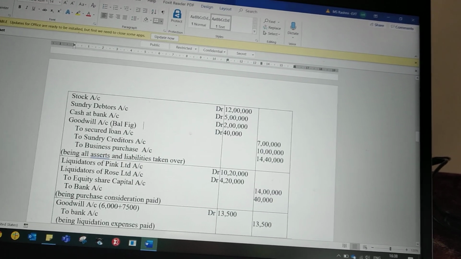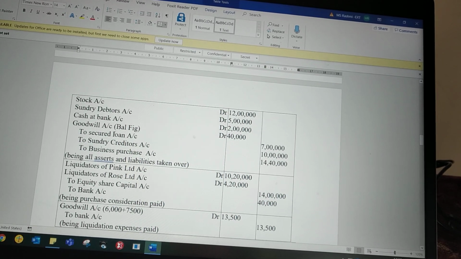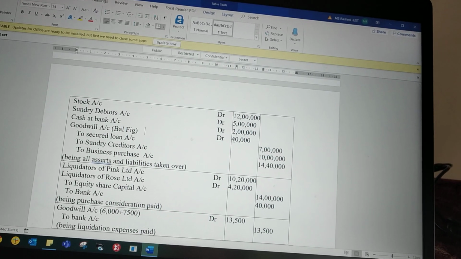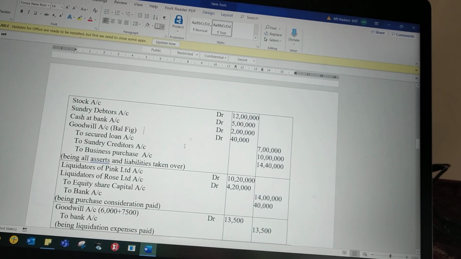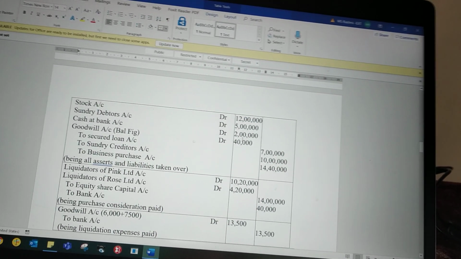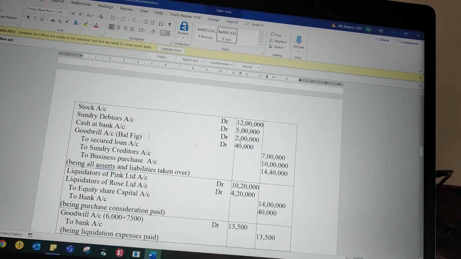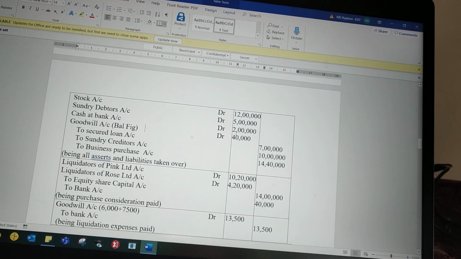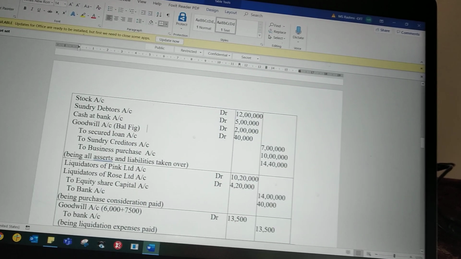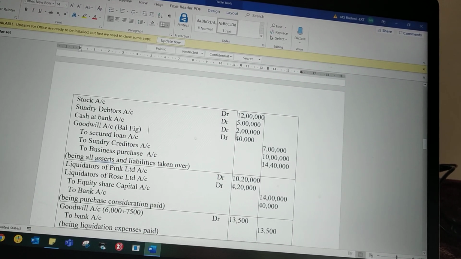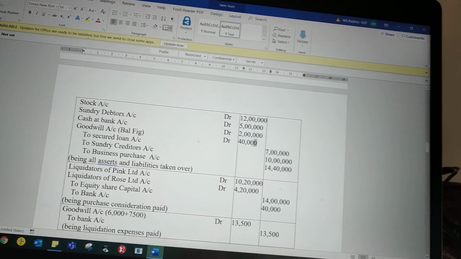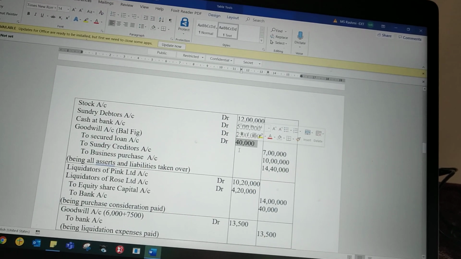So whatever the debit balance and credit balance mismatch, that balancing figure only we have to consider, 40,000. So how does it come? Whatever the value is there in the assets value, the excess amount they are paying, all of you know that, suppose for example the business value is 10 lakh and I am paying 12 lakh. It means that additionally we are paying 2 lakh, meaning whatever the company goodwill, that value only we have to pay. So that amount you have to adjust, ultimately to the goodwill asset. So that thing only you have to follow.